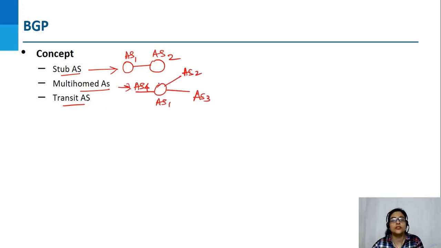A multi-homed autonomous system is an autonomous system which can be connected to many other autonomous systems like AS2, AS3 and AS4. So it can act either as a sink, or a source. So it can receive information from all other autonomous systems and can send information to these autonomous systems, unlike stub autonomous system where it can only send and receive from a single autonomous system, which is its neighbor. A transit autonomous system is a multi-homed autonomous system